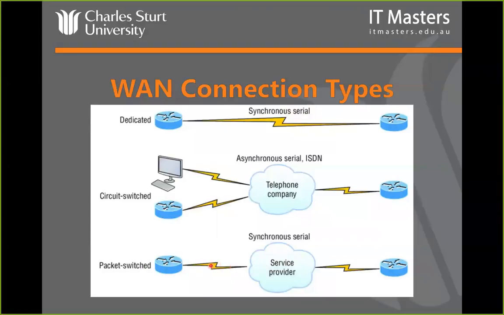So the switching, or the way in which the packets are sent, may be different on a packet by packet basis depending on algorithms or transitional conditions inside the network. Whereas with circuit switching, that's not the case. Circuit switching, once a circuit is built and dedicated, packets will always traverse that same circuit. Packet switching, not necessarily the case. There could be multiple ways in which it could go. Could be multiple equal cost load balancing, in which case the packets may be switched via a different circuit on a packet by packet basis. They may not be, but they could be. The potential is there for that to happen.